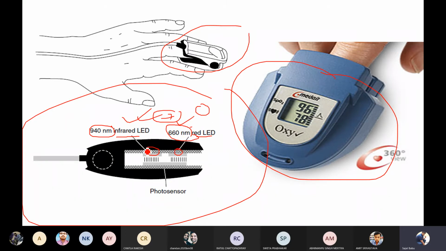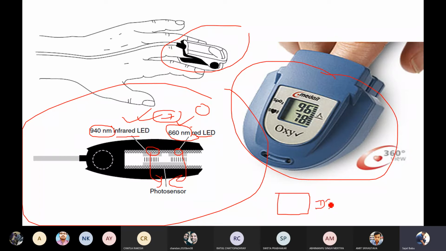So at the top I place two LEDs, one will be my infrared LED and one will be my red LED. These two are going to emit the two lights, and at the bottom part I am going to have a photo detector, the photo sensor, and this particular photo detector is going to receive the light, whatever the light. If it is receiving infrared, it will receive the infrared. If it is receiving the red light, it will receive the red light. I think you know the photo detector. Photo detector is nothing but a diode.